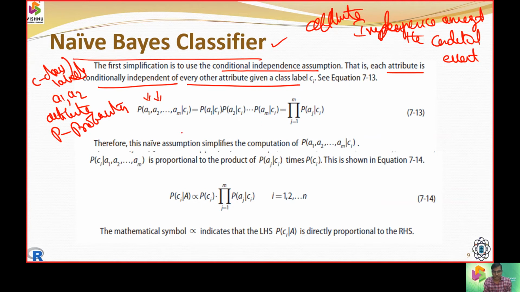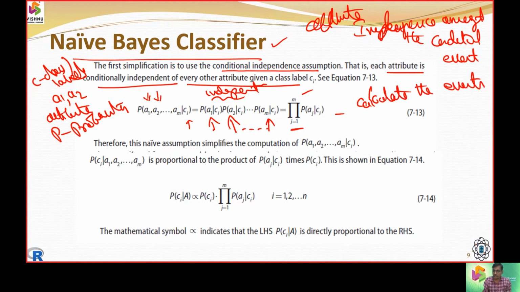Now how we are defining naive Bayes is that we have the probability of A1 to AM for a class Ci, and now I am going to do it independently. 1, 2, n, so these are all different events, and then I move to the product over i from 1 to m for all the independent items. So calculate the events independently, and we will get this naive Bayes classification.